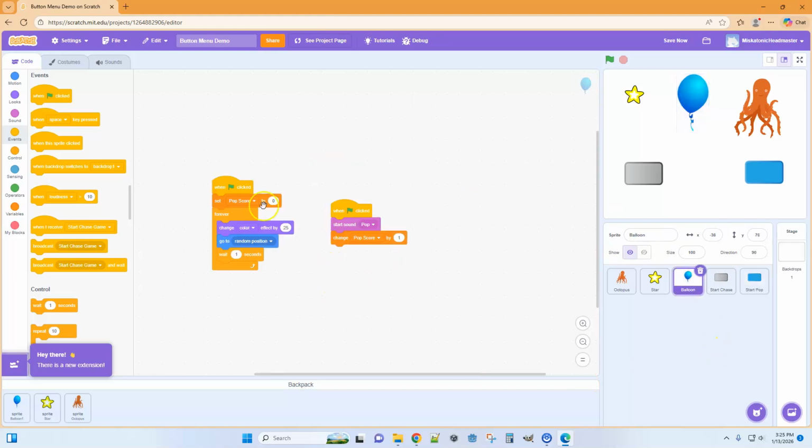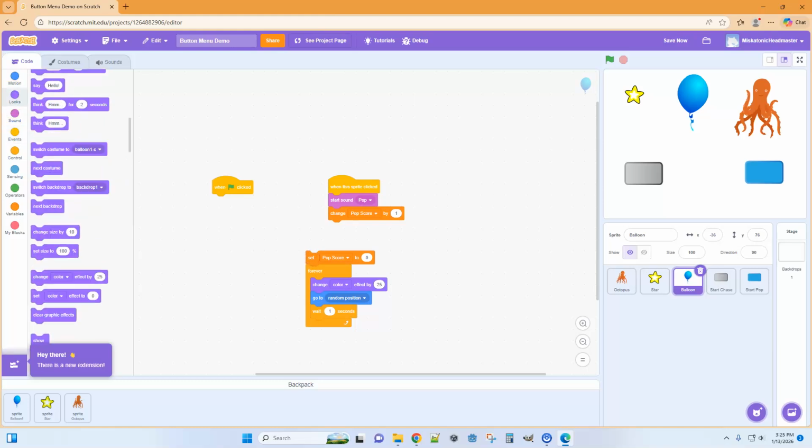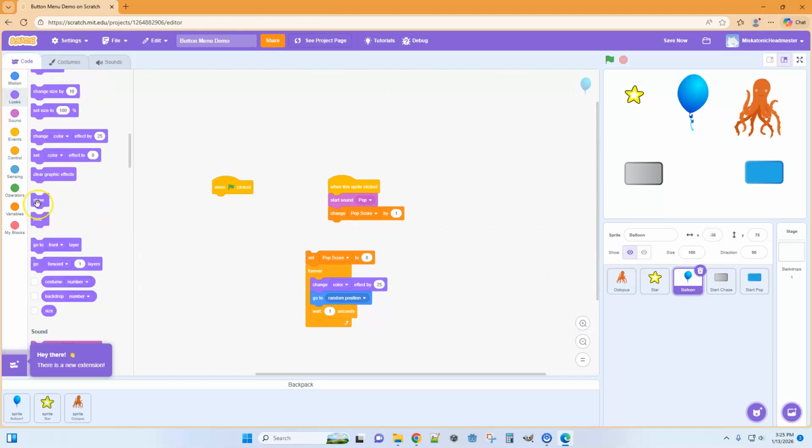We'll go to our balloon. These things both have when the green flag is pressed. So let's see, we will, oh, that's incorrect. That should be when the sprite is clicked. Yeah, ooh, I made a mistake. All right, so anyway, let's disconnect this. Get our show and hide. We want to